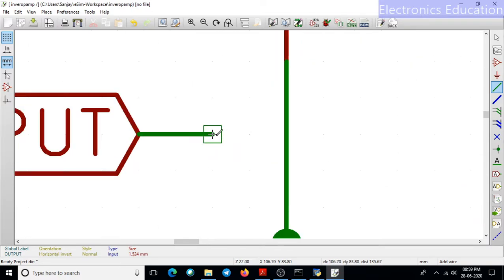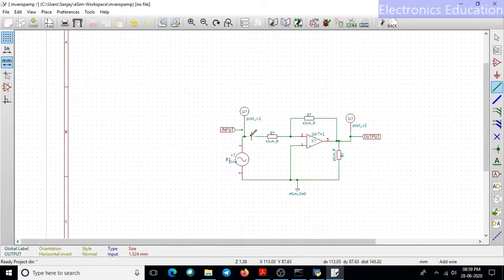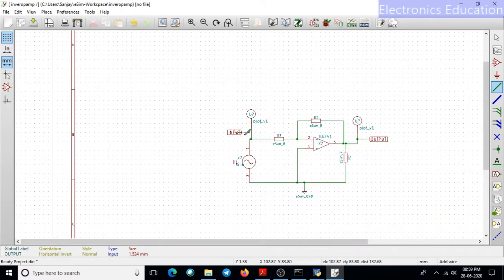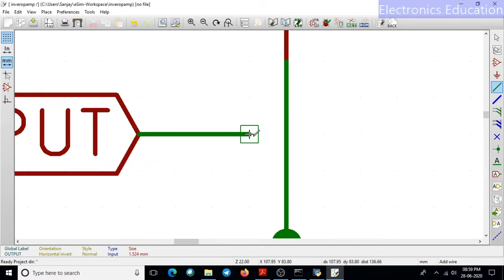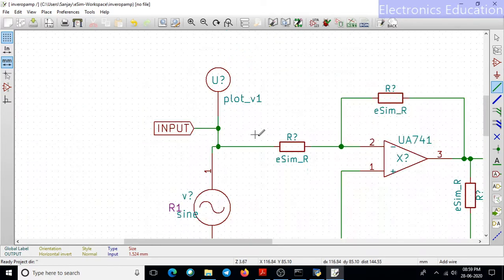Sometimes we create a wire and instead of touching here we terminate the wire just nearby. When we zoom out, it appears as though the wire is connected or very near, so it can create confusion. If we observe a square, it means definitely there is no connection present, so just connect it properly. Now a junction point is created.